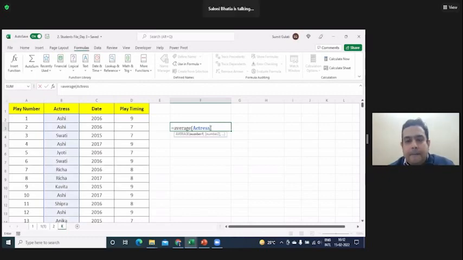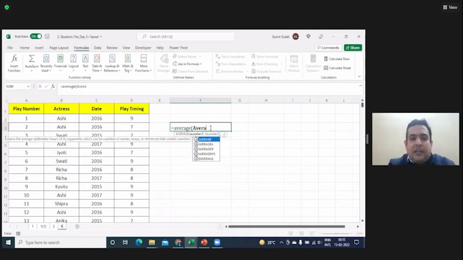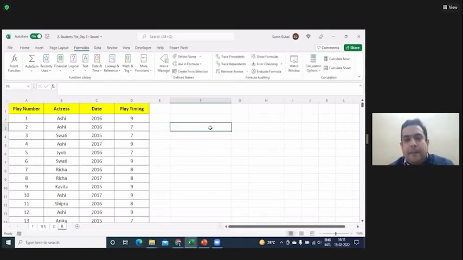Okay, so when I have a single option, I can press tab. Single option, or your option is at the top. At times, when you are running an average, there may be a lot of options, but your average is still at the top. Then you press a tab. Done?